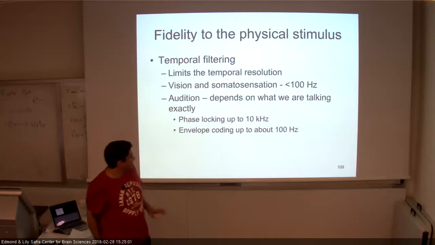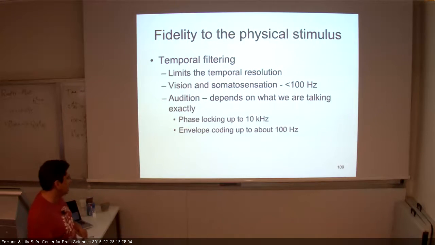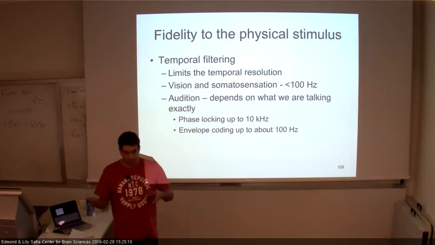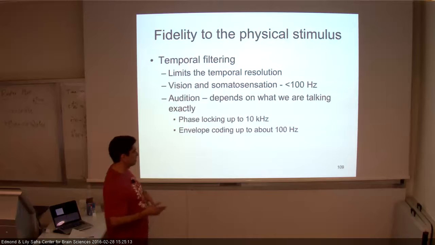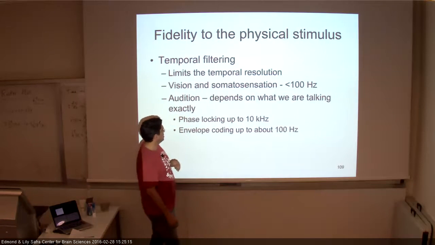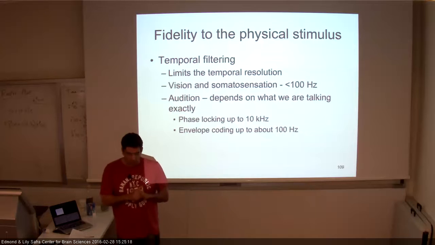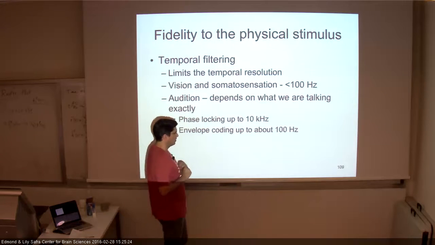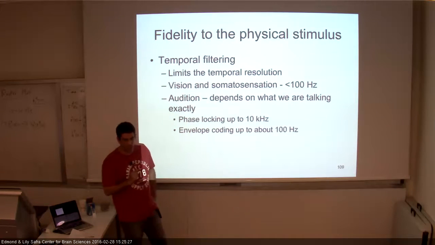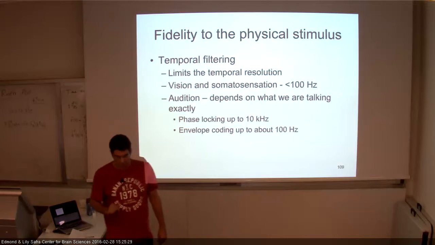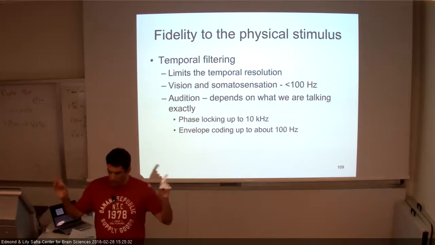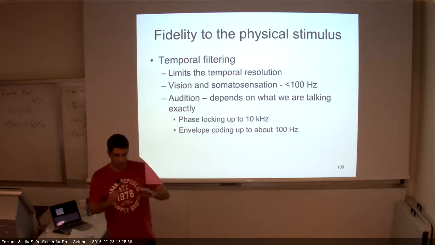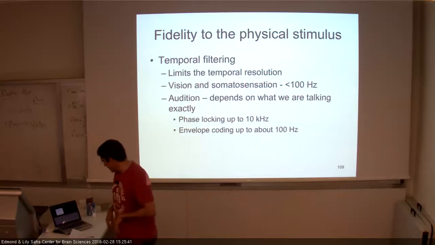Yeah, so sound is a very special case, okay? We can do envelope coding at about 100 hertz, which is the classical number, okay, in vision. Also, we can do about somatosensation about 100 hertz, okay, of frequency following. However, the auditory system has all kinds of great phenomena, things like phase locking, which allows us to go up to 10 kilohertz. Okay, and these are processes that allow us, for example, to differentiate if a sound comes from the left or the right. You will learn about that as well. Okay, but again, generally speaking,